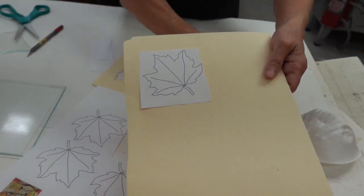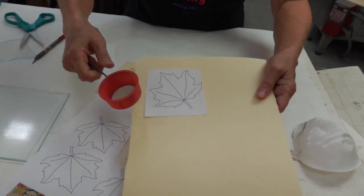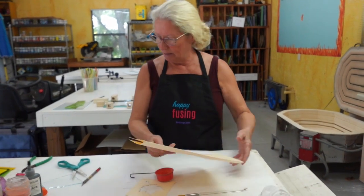As you use it, if there's not a lot of space here when you sift, you're going to be getting powder around the square part of the design and not just in that leaf area right in the middle. Now I'm going to take a scissor,